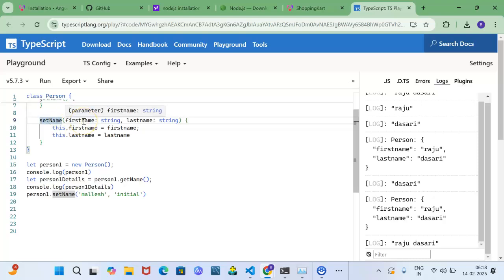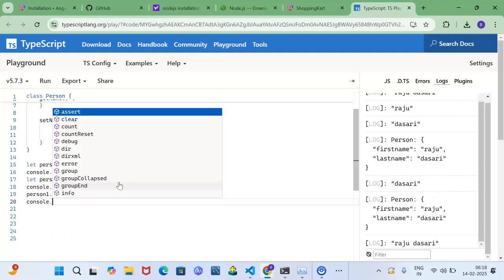So the setName function will accept the first name parameter as Mallesh and the second name parameter as initial. Now see, by calling the getName function,